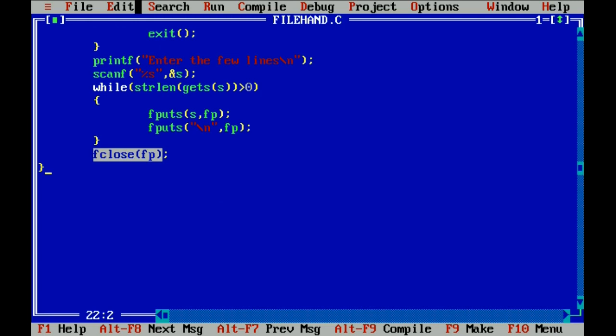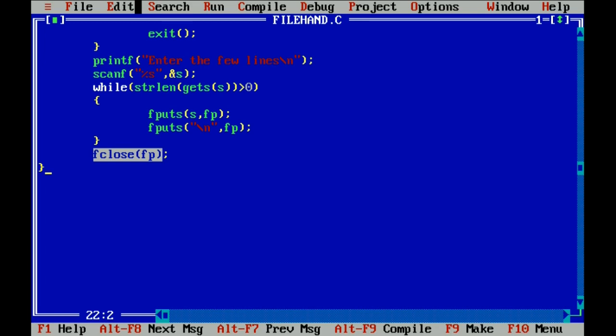That means I am going to put the character in the file, that is putc of s, comma file pointer. Next, fputs, this is the new line in the file called f pointer.